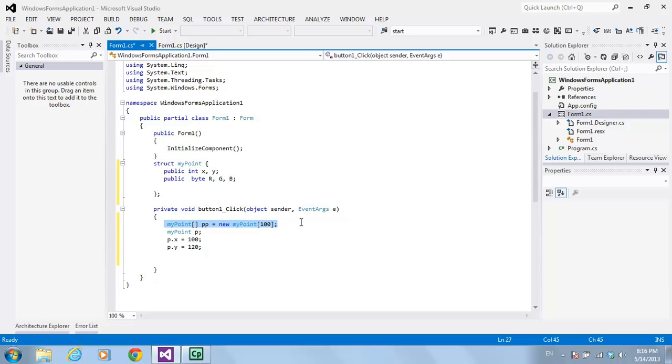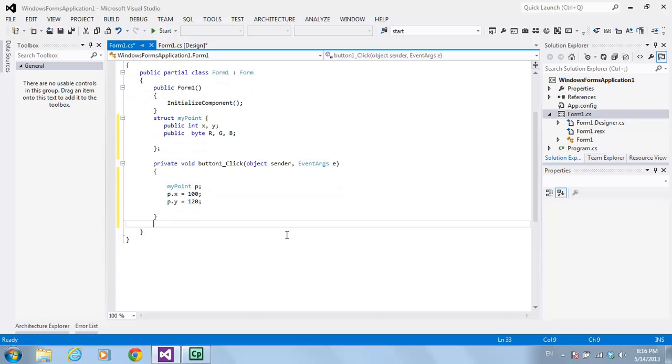But what happens if I want to know the distance of my point from the origin? I have to define a function to do that. Okay, so let's define a function. I just come here, then I define a function. I call it float, let it be float. I call it distance from origin,